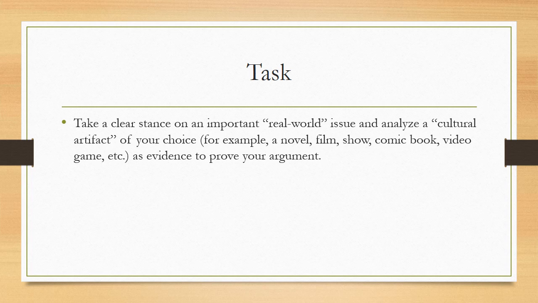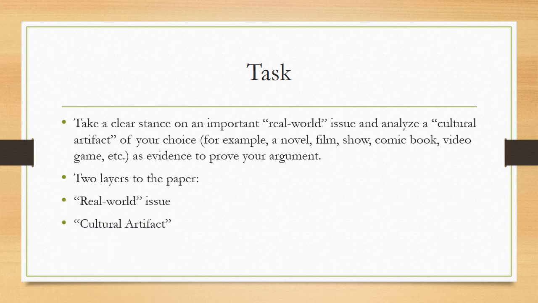You should be pretty familiar with this because you've been doing research, and so you had to have an idea of what you wanted to write on to do that research. But to sum up, there's basically 2 layers to the paper: the real-world issue and the cultural artifact. The real-world issue is what you're really making the argument about, but you need evidence to prove